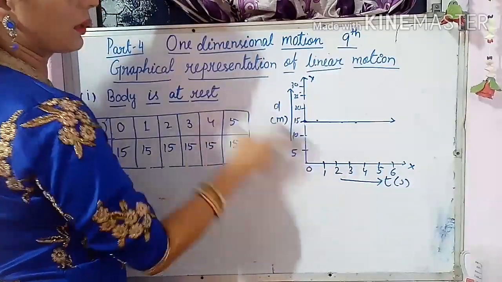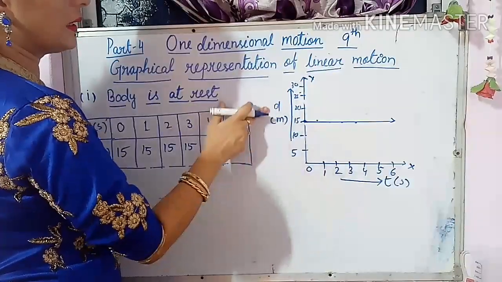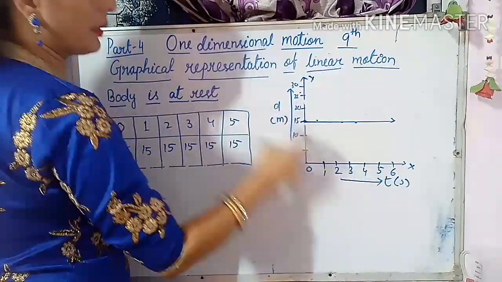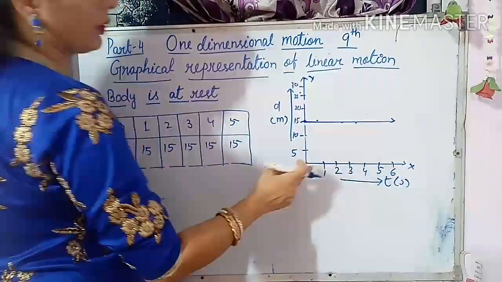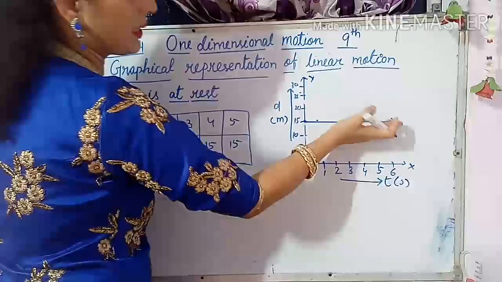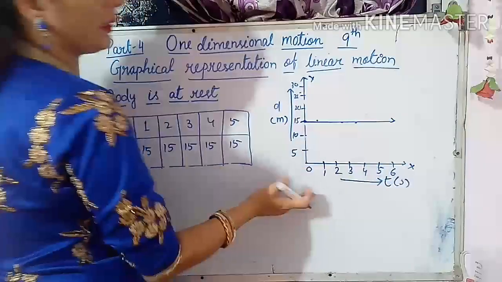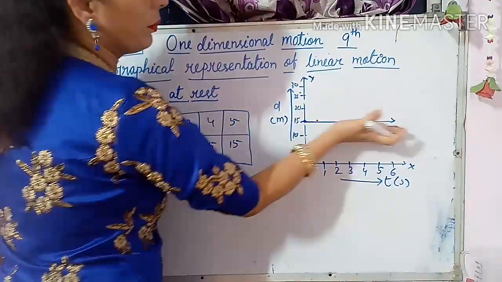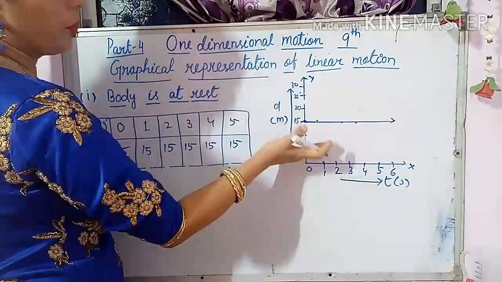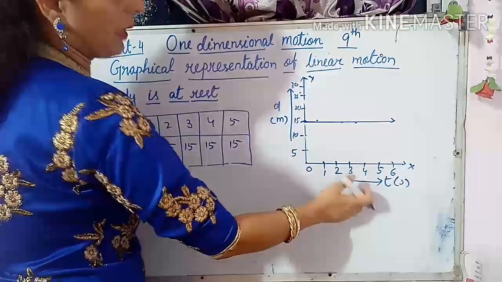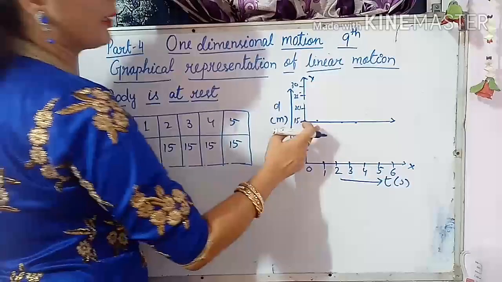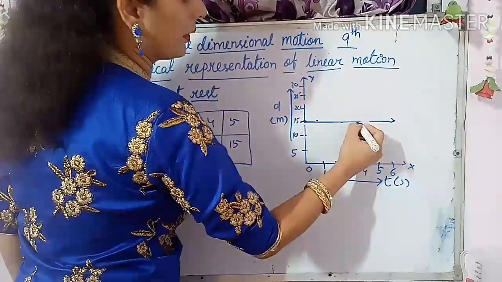But what is the graph? You have to remember, it is your distance-time graph. As your distance is not increasing, your distance remains the same but time is increasing, that's why it will come like this. So if your line is horizontal to the x-axis in a distance-time graph, then you can say that the body is in a rest condition.